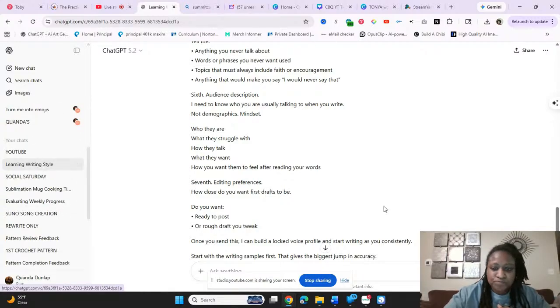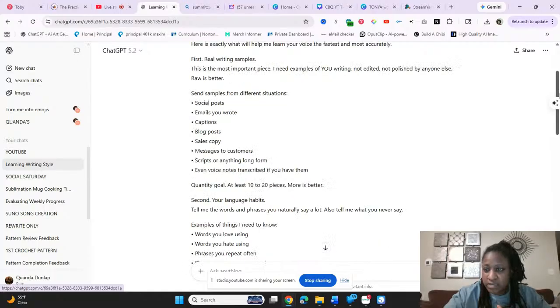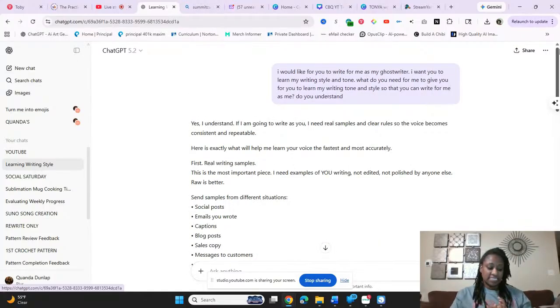Okay, so let me scroll all the way up. This is the exact prompt that I put in at the beginning. I only did the first little part, and then I got my little notes over here, and then we'll go through and I'll show you where to put it. So first we are starting off in ChatGPT, and I put in: I would like for you to write for me as my ghostwriter.